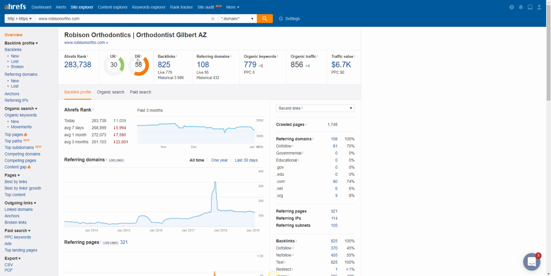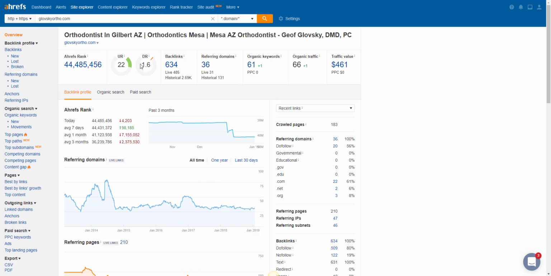A URL rating of 30, so the URL rating isn't that much better, but this is really the big thing here. This is really going to help them rank for pretty much anything they want to rank for, because that domain rating is so high based off of 108 referring domains. So it's a bunch of really good, high quality domains that are not spammy by any means. If we jump back and take a look at your referring domains,